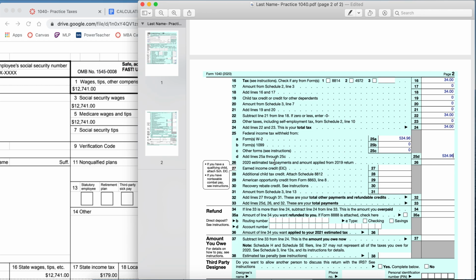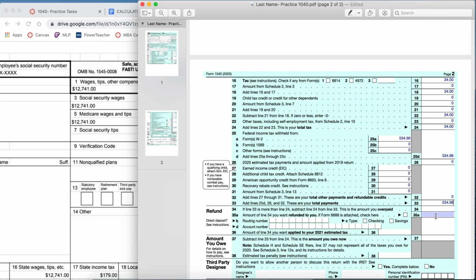We do not have any estimated tax payments that were applied during 2019. We put a 0 there. And then our cheat sheet tells us that 27 through 31 should also be 0 because, again, we do not have an earned income credit. We do not have an additional child credit. And we did not receive any of these other options. 32 asks us to add all of those up, which is 0. And then 33 wants us to add these 3. Again, those 2 are 0, so we just have